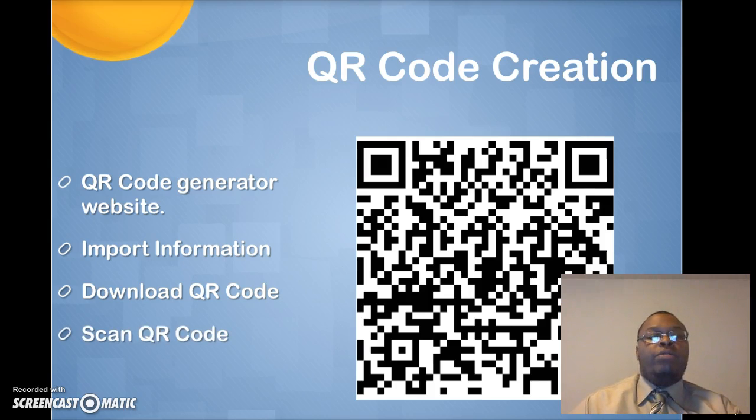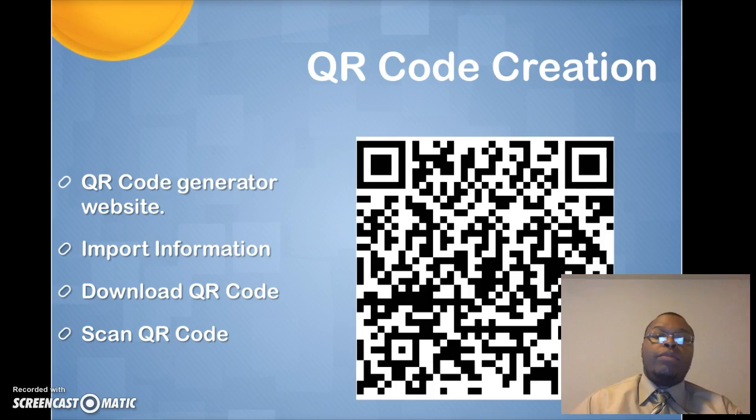After you download the QR code, you can also scan the QR code to access information. For that, you will need to download an extra QR code reader. If you're using an iPhone, I would recommend the QR code reader for iPhone. That seems to be the best option for reading a QR code via iPhone. For Android users, you just use a regular barcode scanner, and that way you can access